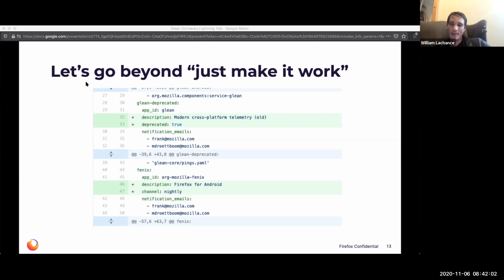So this was a pull request I made very early in the process to add a description field, and to tell people whether or not it was deprecated and what channel it was on. None of this is necessary for ingestion, but it makes such a huge difference in making the data comprehensible to somebody looking at it.